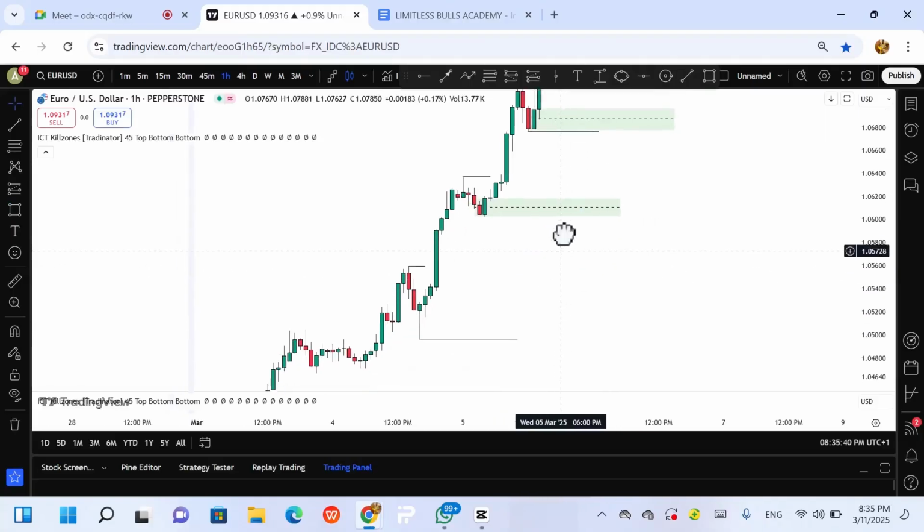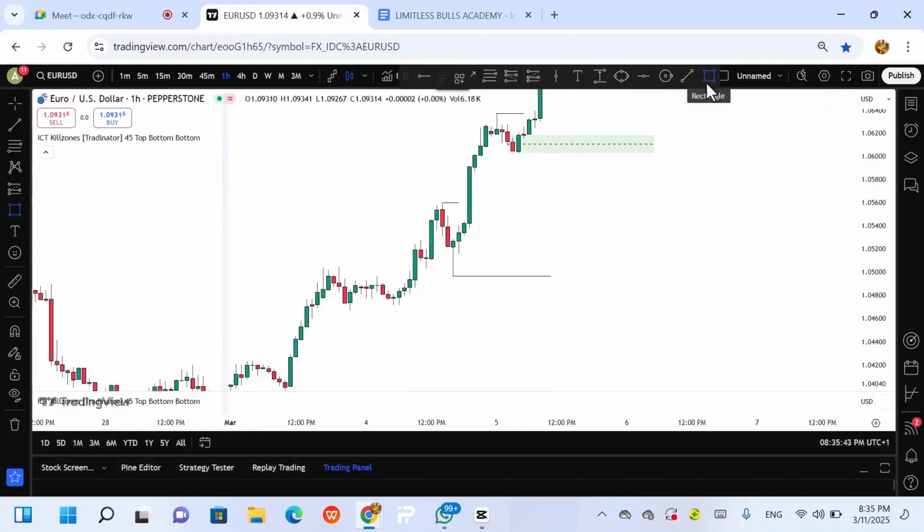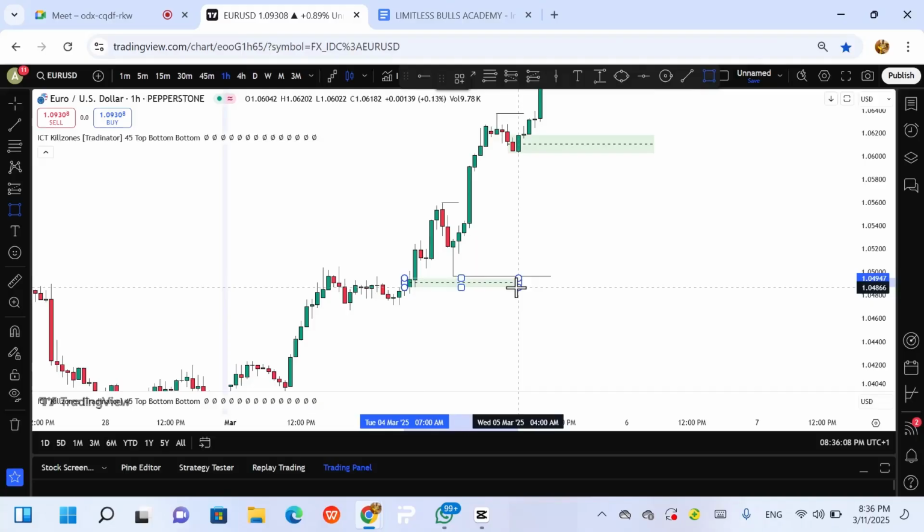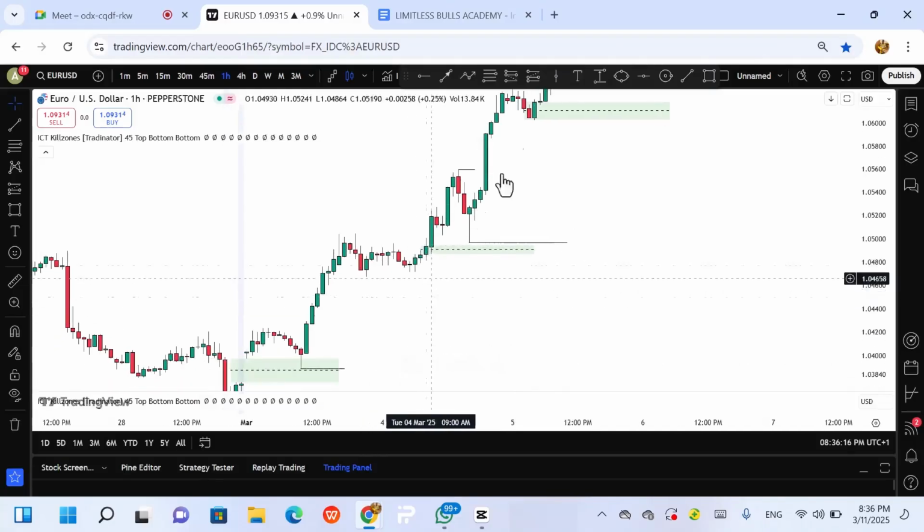Why is it an order block? Like I have mentioned, it is a zone where blocks of orders were being pumped into the market. You understand? Because this market was indecisive. There's what we call an indecision candle, a candle that is giving you either a bearish or a bullish bias. But after this candle, the last candle before the impulse move, this was the impulse move. So that means orders were being accumulated at this zone. And so what do we call this? We call this an order block.